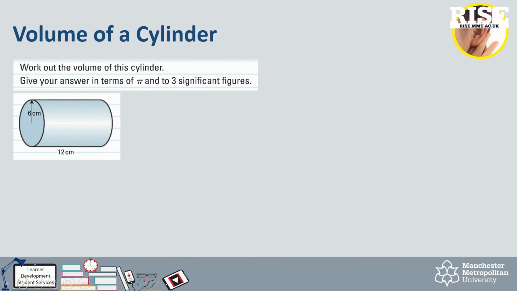Let's work out the volume of this cylinder then. First of all, let's do pi times the radius squared. Here, the radius is 6. When I do that, I'm then going to times it by how long the cylinder is, which is 12 centimetres. When I type that into my calculator, the first answer I'm going to get is in terms of pi. So it's going to give me 36 pi times by 12, which would be